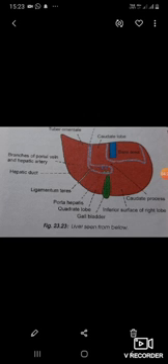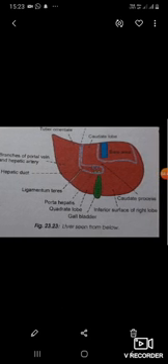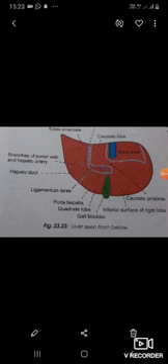The porta hepatis is a deep transverse fissure about 5 cm long, situated on the inferior surface of the right lobe of the liver. It lies between the caudate lobe above and the quadrate lobe below and in front. The portal vein, the hepatic artery, and the hepatic plexus of the nerves enter the liver through the porta hepatis, while the right and the left hepatic ducts and a few lymphatics leave it. The relations within the porta hepatis from behind forward are the portal vein, the hepatic artery and the hepatic ducts. The lips of the porta hepatis provide attachment to the